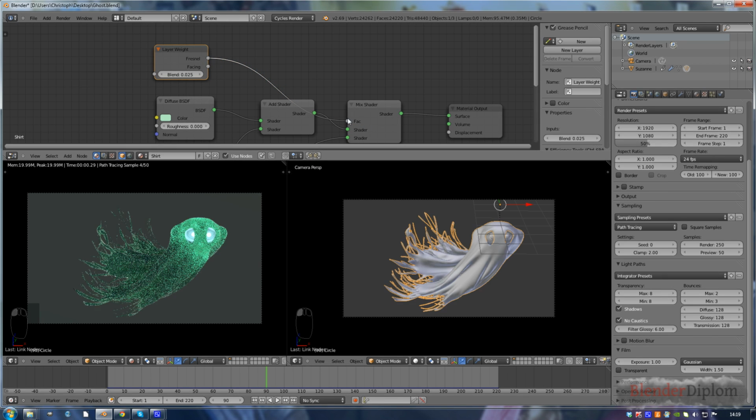You have the Fresnel, which is a bit stronger and actually looks better. Maybe the Fresnel even looks better. Okay, so this is about the layers with the ghosts,